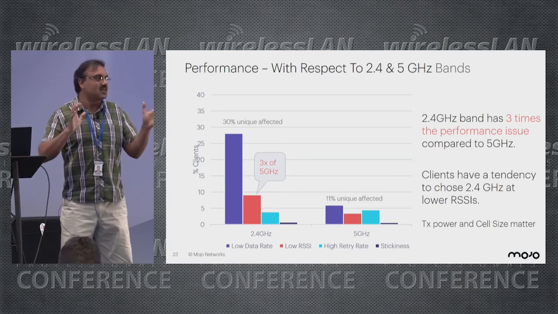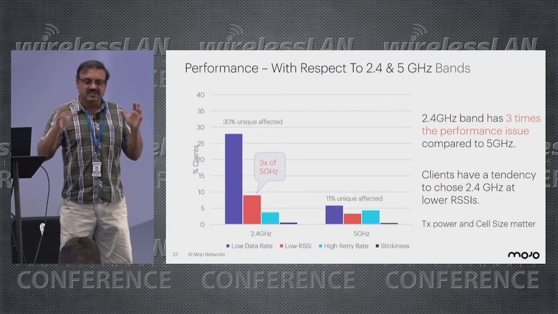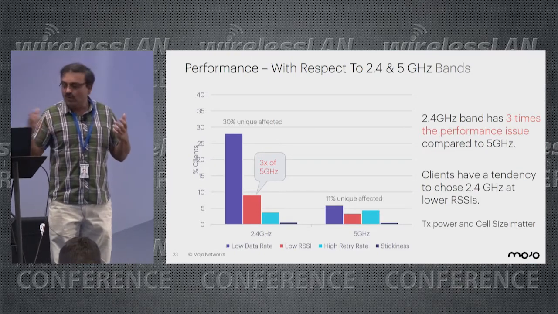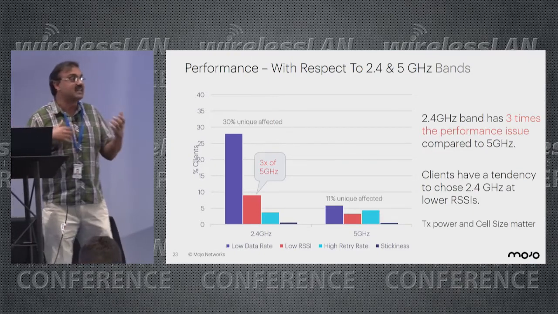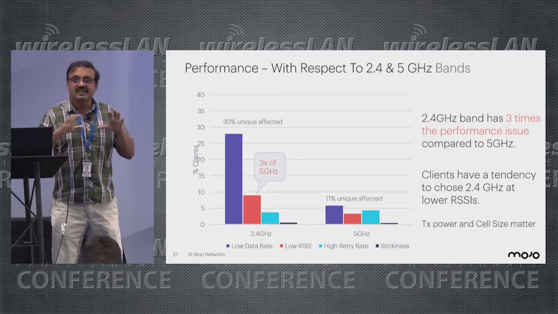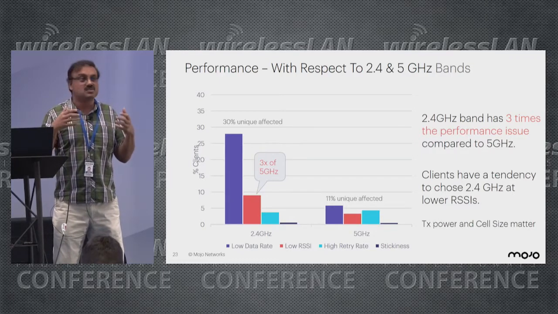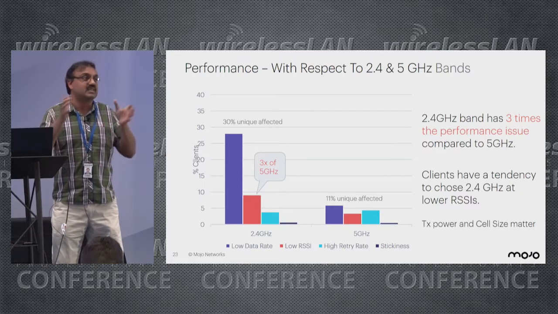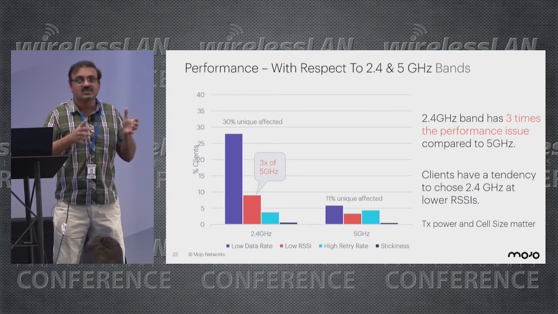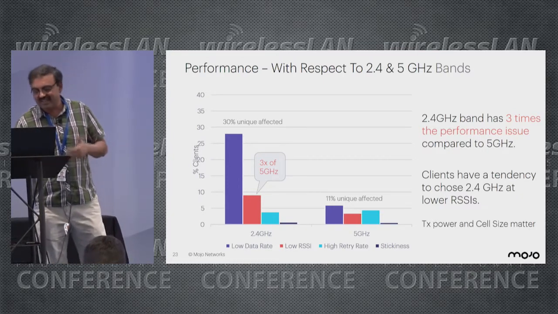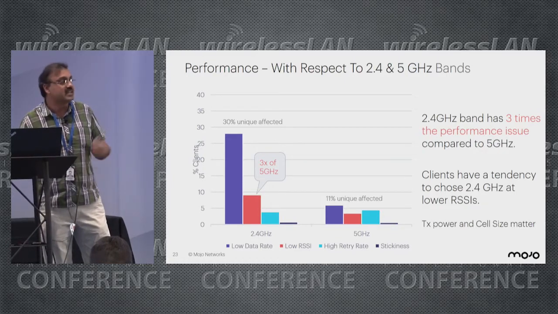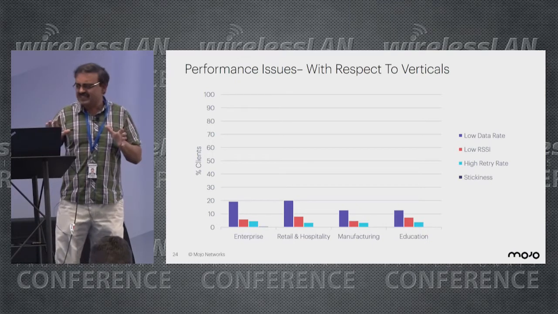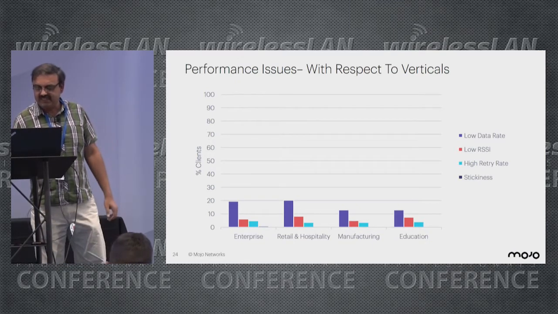So yesterday we had a lot of good discussion in terms of the transmit power of APs, then the cell size and so on. So what we are seeing in our data is that probably there are some deployments where the 2.4 gigahertz is dominant compared to 5 gigahertz, and that is why clients are connecting to 2.4 gigahertz, right? So this is something which needs some fine tuning, and at least that's a good insight we've been able to derive out of this analysis. And with respect to verticals, we see that they're pretty much the same, and there's nothing interesting here.